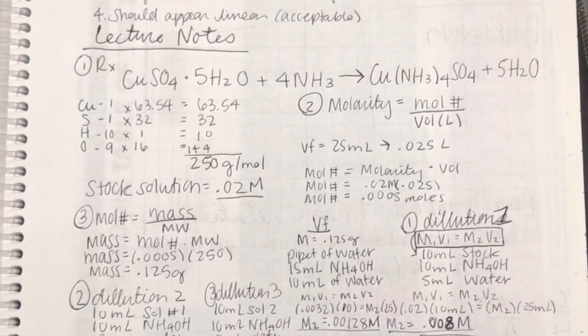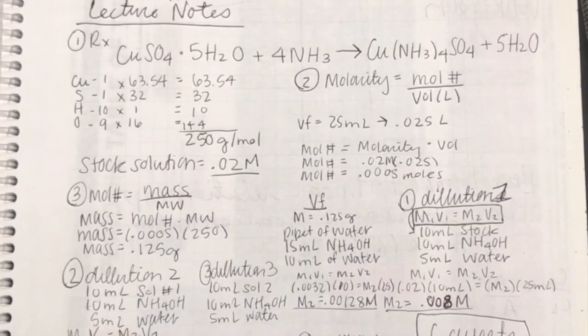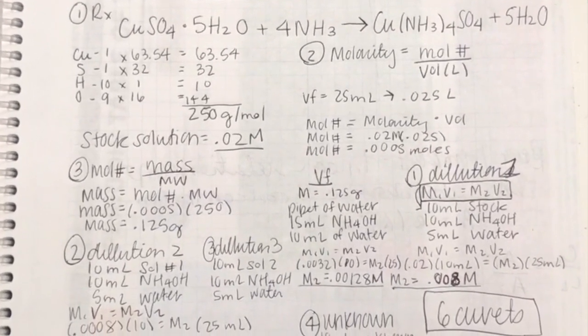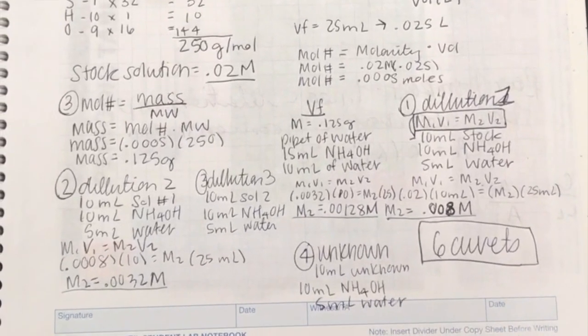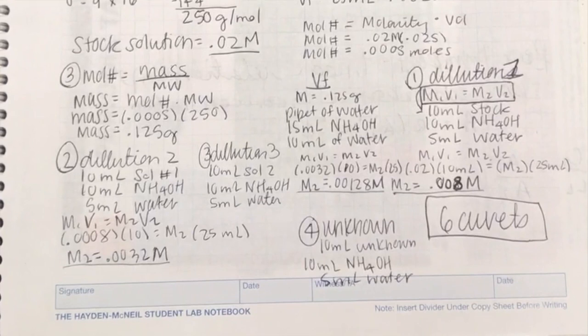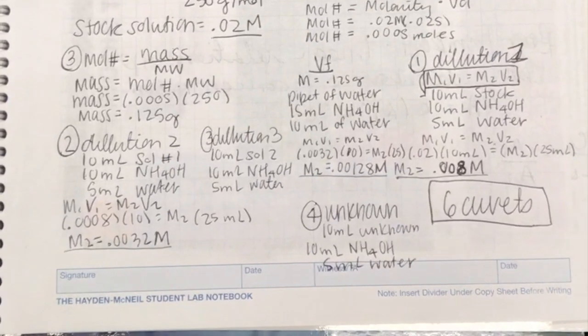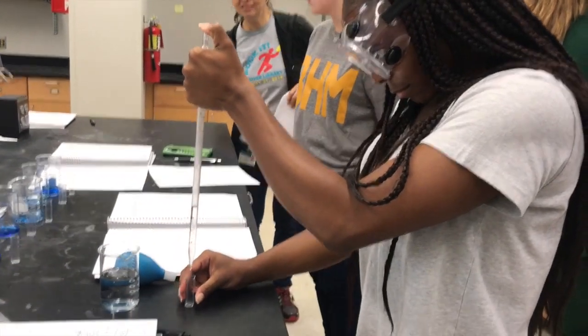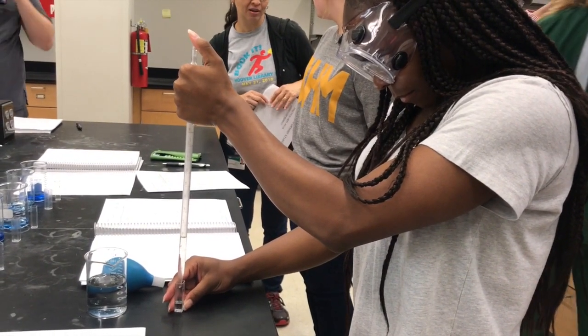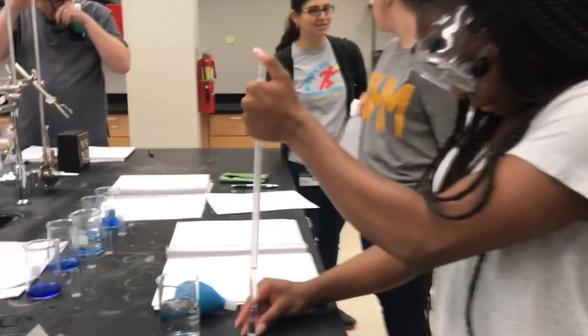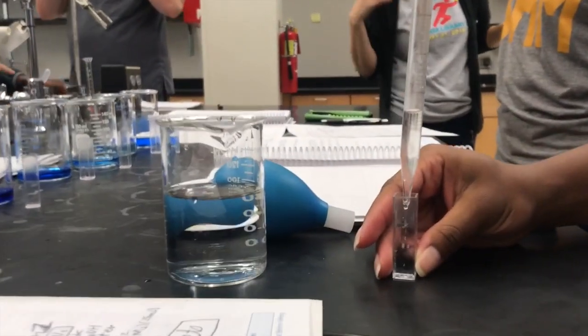In this experiment, you need to find out what mass of CuSO4 you need to make your stock solution. Then you need to find the concentration of each of the dilutions you will be making. After you prepare each of your dilutions, you will begin putting them into cuvettes to test in the